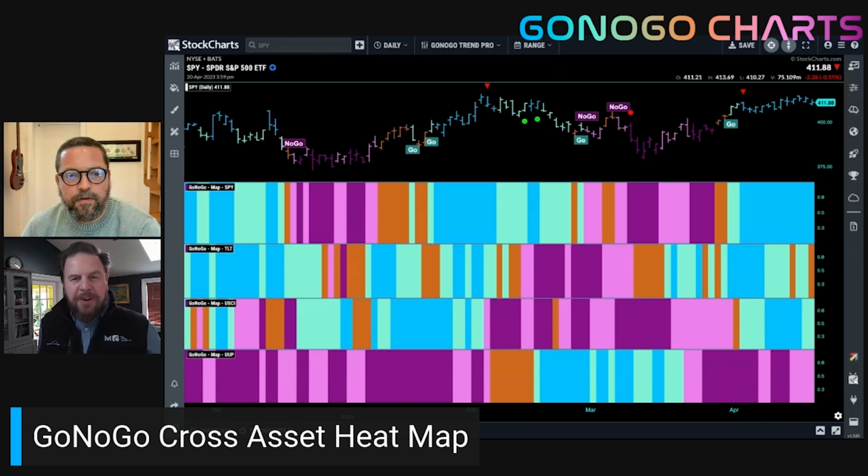Again, we're using GoNoGo charts to just pull our eye away from all that price activity and consider the trend alone. So when we're looking at these blue and aqua bars, that means it's in a go trend, an upward trend. When we're seeing pink and purple bars, that's our no-go variety. We have a strong and weak form for both. And then the amber bars are when all of the component pieces, all those blended technical indicators in the background, are in their neutral level. And as Jesse Livermore is famously quoted as saying, there's a time to go long, a time to go short, and a time to go fishing. So those are our go fish bars.